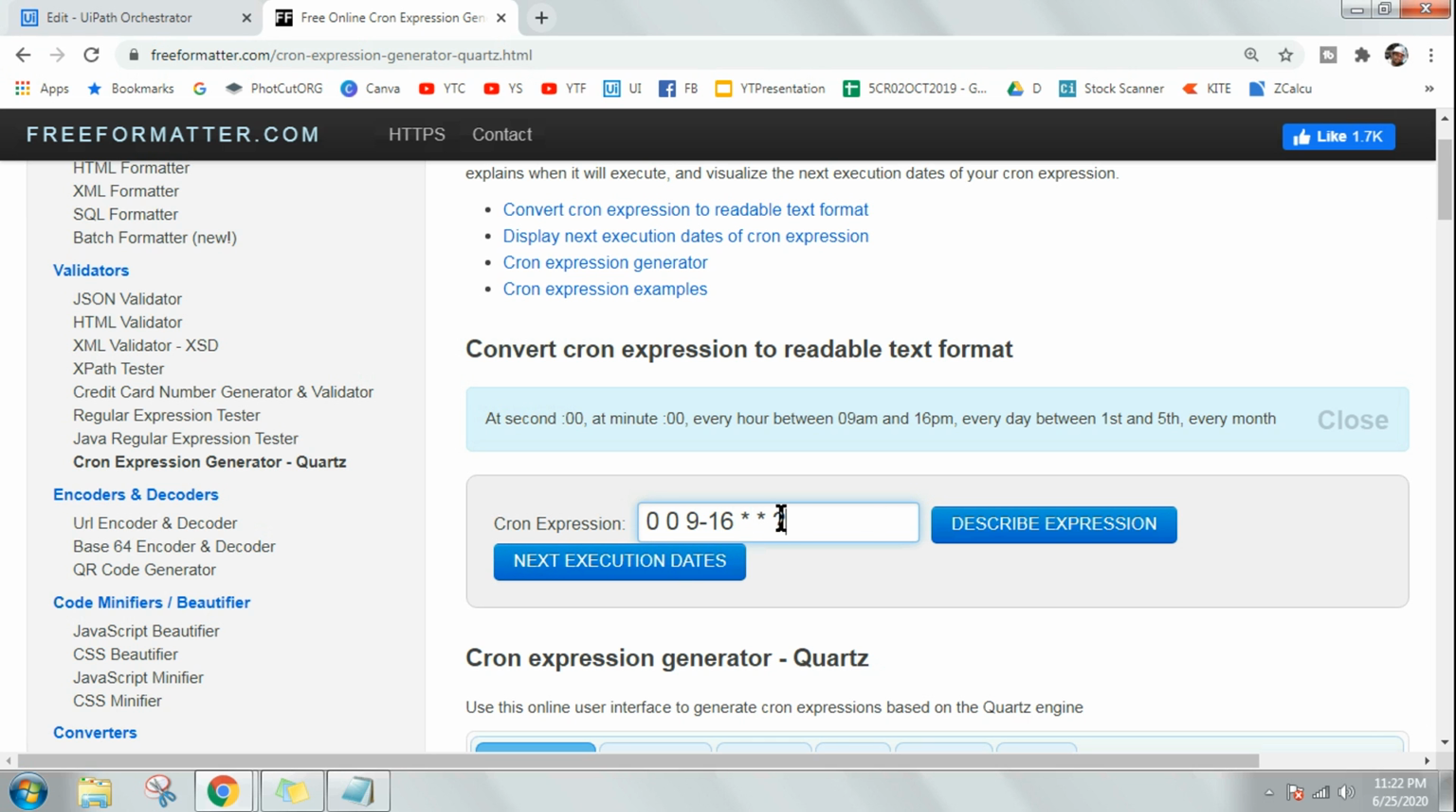So what I will do for the days of the week, the 6th character is applicable, right? So in the 6th character, I'm going to say Monday, comma, Tuesday, comma, Wednesday. Or sometimes you might have to run this on a weekend, right? So you will simply say Saturday, comma, Sunday. Okay, so if I click on describe expression,